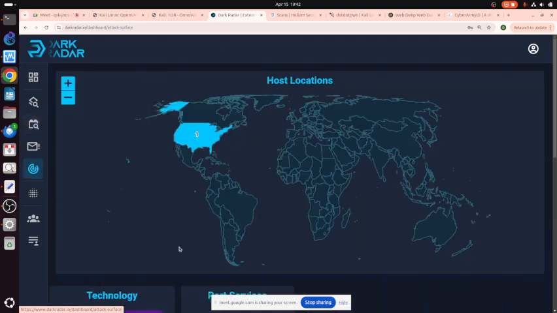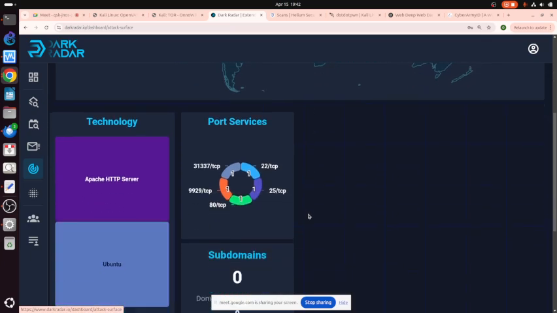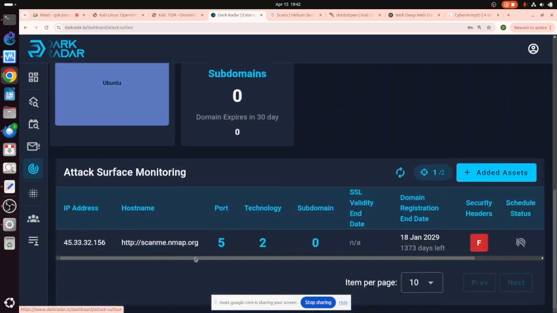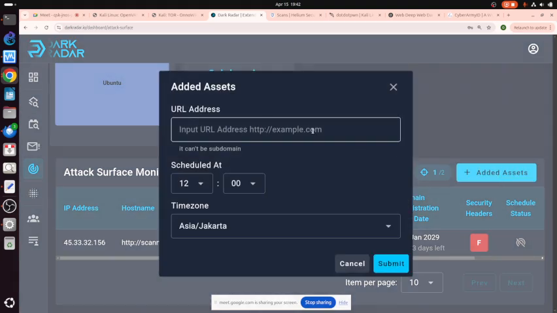On this one, I set the company name as scanmeandmap.com, .org, which is in the US, of course. We can add a URL, for example our own company or a government institution that we want to monitor.